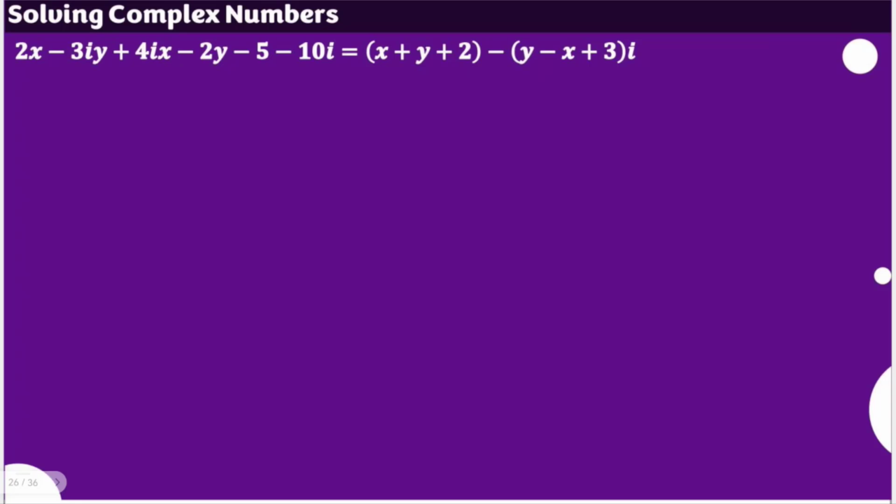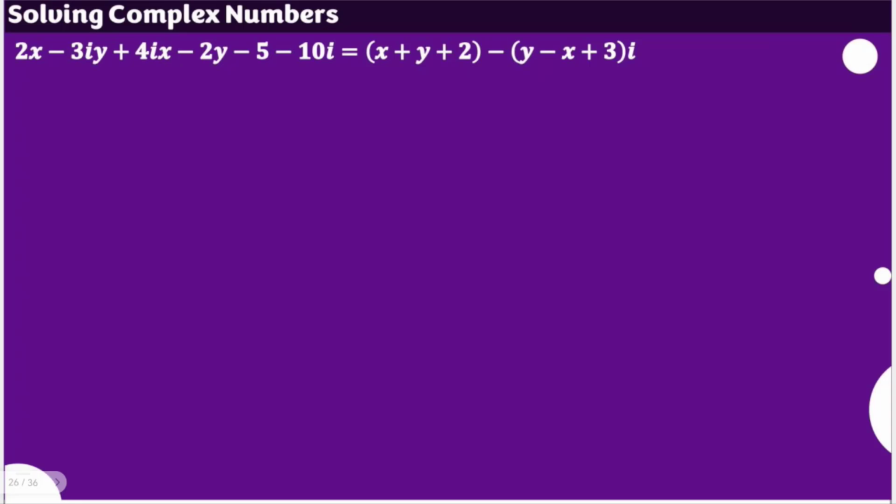Here, we will be solving this complex number represented by an equation here. We don't know the value of x and y, and that's our goal. As soon as we are done with that, we can actually solve the equation or retain the equality. Let's also try to express the final form in a form of a complex number later on.